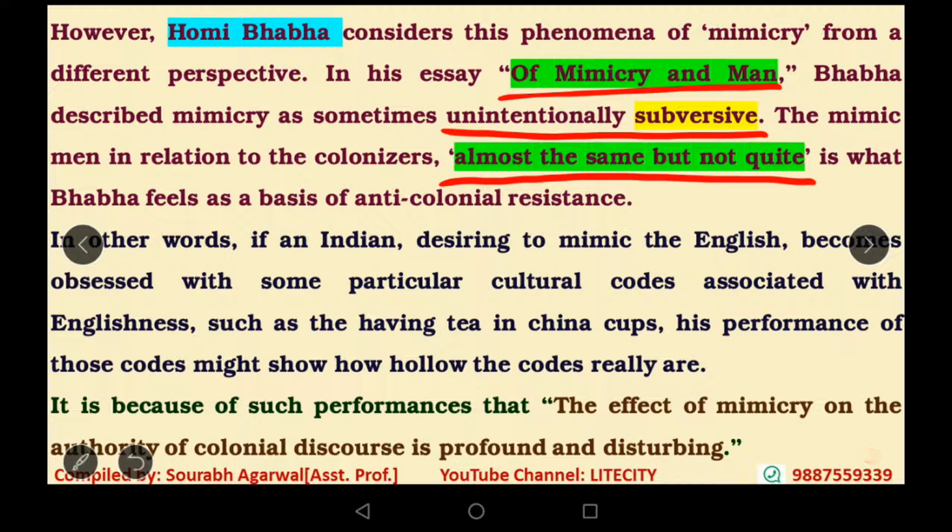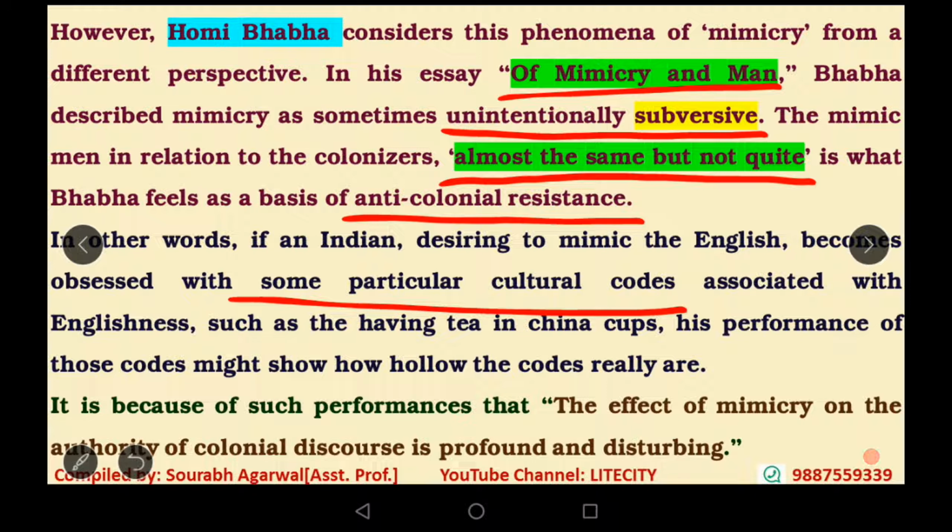because he cannot, we can say, imbibe all cultural codes, all linguistic nuances, all social background, and neither he or she can completely forsake, desert, forget their nativity. It is what Bhabha feels as a basis of anti-colonial resistance. If an Indian desiring to mimic the English becomes obsessed with some particular cultural codes associated with Englishness, we